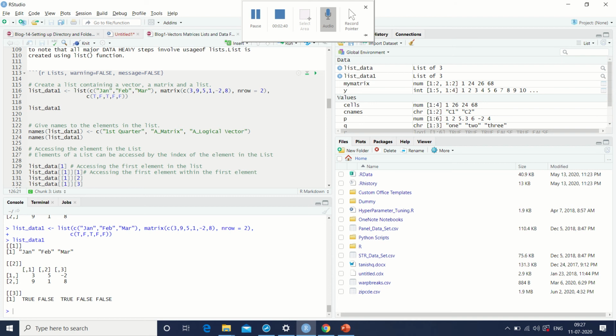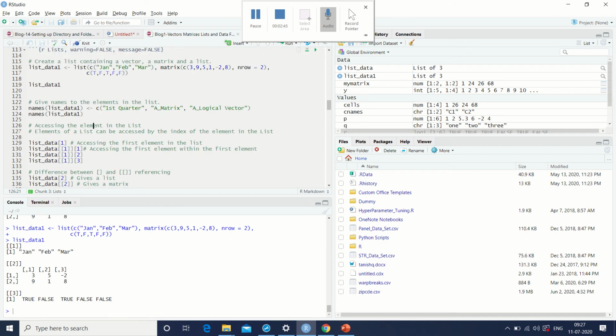Now let's look at the most complicated part, which is how to access different elements within a list. If I just type list_data_one, it will give me everything that is contained in the list.